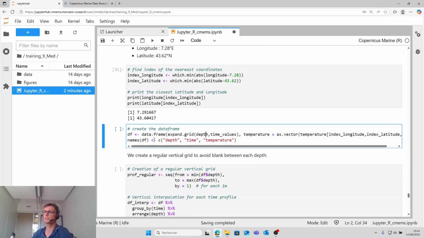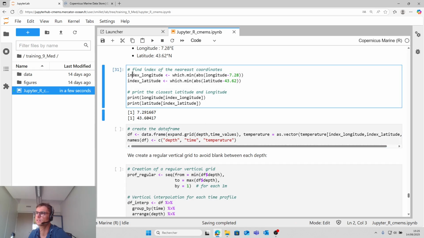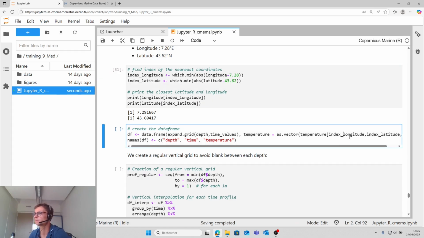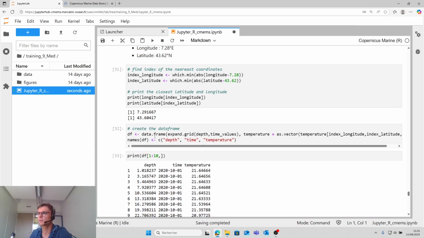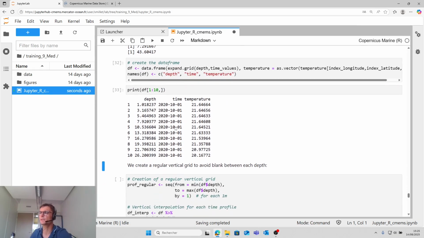Then we create a data frame that depends only on the depth and time, because we keep one longitude and latitude, that is index longitude and latitude. It is possible to see the data frame, so print data frame. You can see the data frame. It is depth, time and temperature.